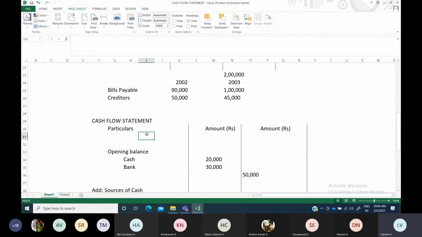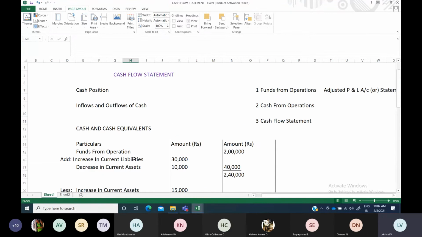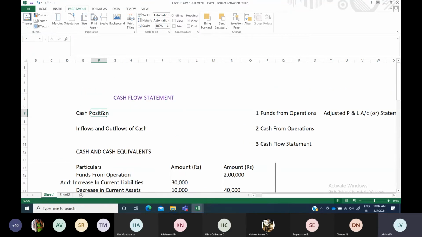So cash flow statement, fund flow statement, basic difference according to the problem. If you see, these are the steps for preparing cash flow statement. Fund flow statement, if you see, those three steps are different. Both are somewhat the same only, but where you are going to take each and every item, that is the main aspect. Fund flow statement, this will be your second step. First step will be your schedule of changes in working capital, all current assets, all current liabilities you will take.